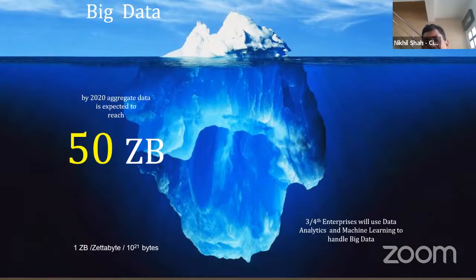It's like in the movie Titanic, if you've seen that movie, they saw only a very tiny iceberg. Those who have seen the Titanic movie will correlate what I'm talking about. You will only see the top portion, but in reality, 80 to 90% of the iceberg is not visible. It is under the water.